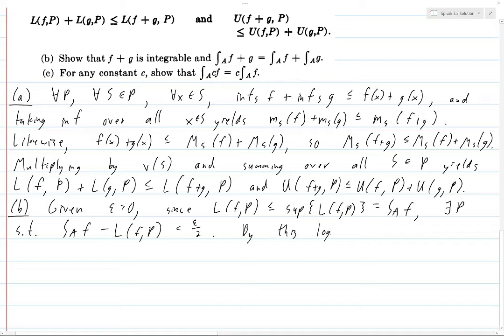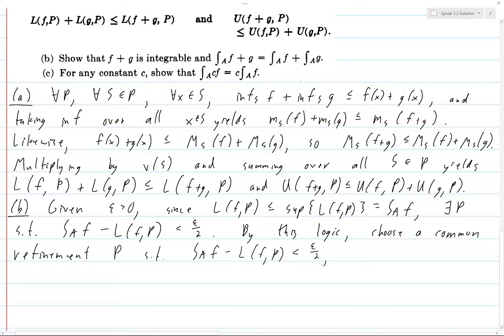Okay, so by this logic, choose a common refinement P such that we need to satisfy four things. The integral over all A of f minus L(f,P) is less than epsilon over 2. The integral over all of A of g minus epsilon over 2